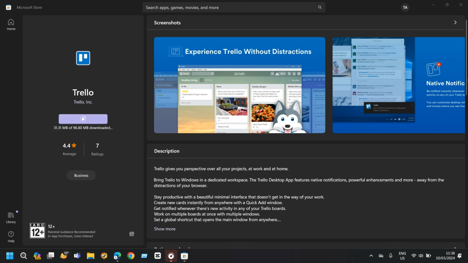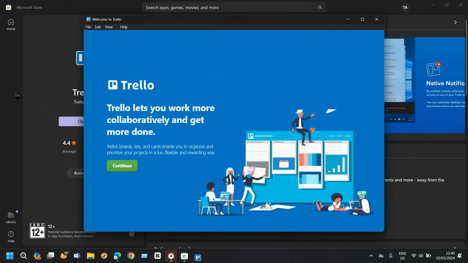After some time it will start downloading and you will find this downloaded version of Trello in your download section. And as you can see, it has started downloading. Now we will just wait for some seconds until it is downloaded. And now as you can see, it has been downloaded and it will show you the open button right here. Just tap on open,